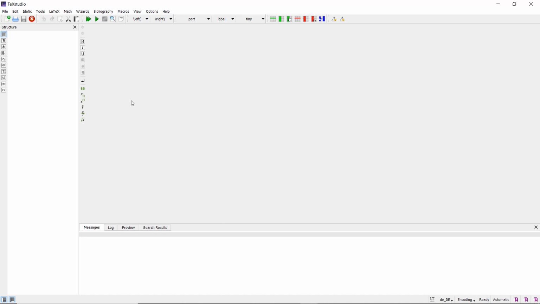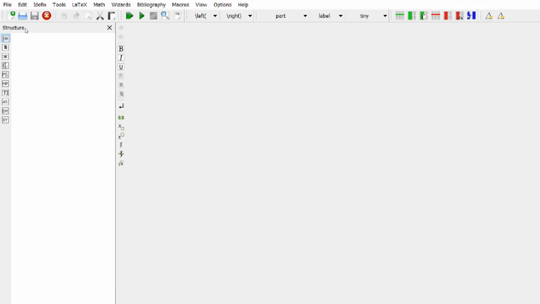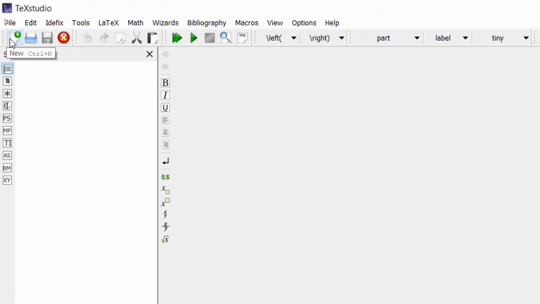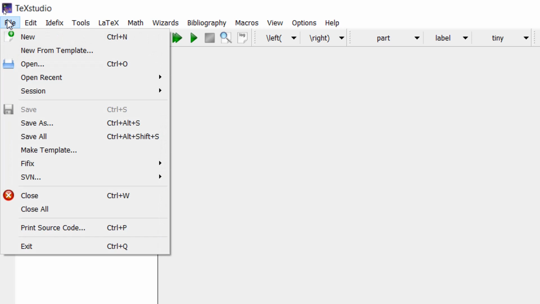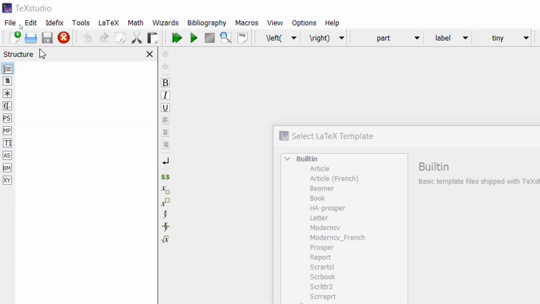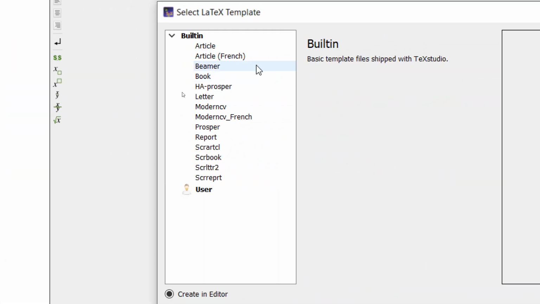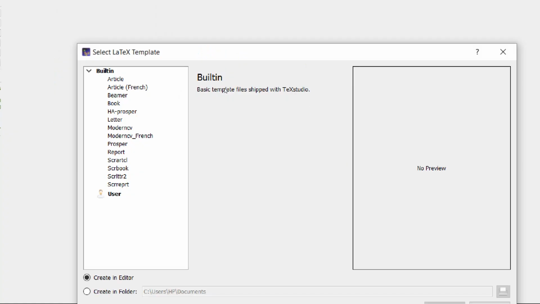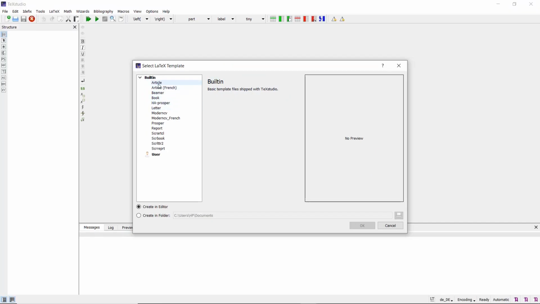I will call it not a program, rather a code, first code on the LaTeX. So click on, you can open the new code using new option, or you can select from templates. So these are the built-in templates that you get from TeXstudio.